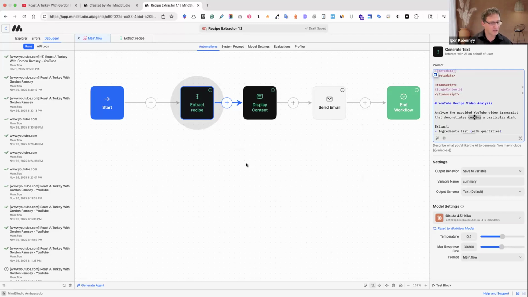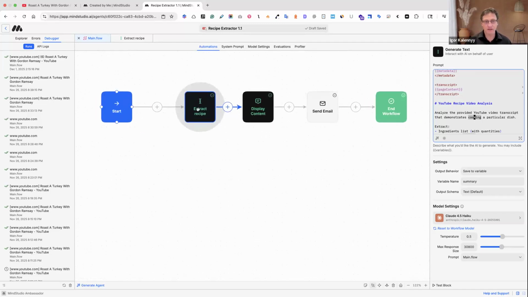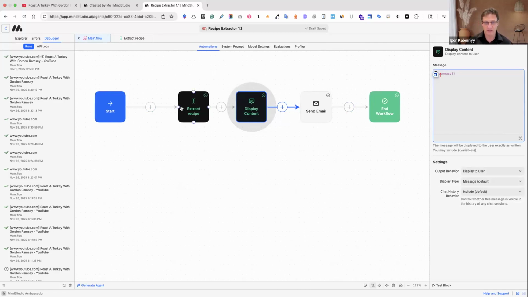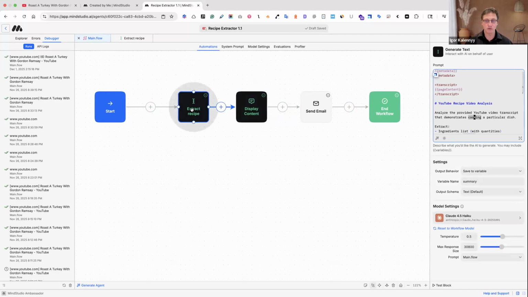Okay, the last one is debugging. That's what makes your life easier and cheaper. So now let me show you something. Imagine that you ran this a couple of times, and maybe this block uses an expensive model. And you know that the next block, like this display content, for example, is causing some kind of problems for you. You don't want to rerun this all the time and call the model again and again and pay more money, because that step works. This specific step works. So what you can do is a couple of things here.